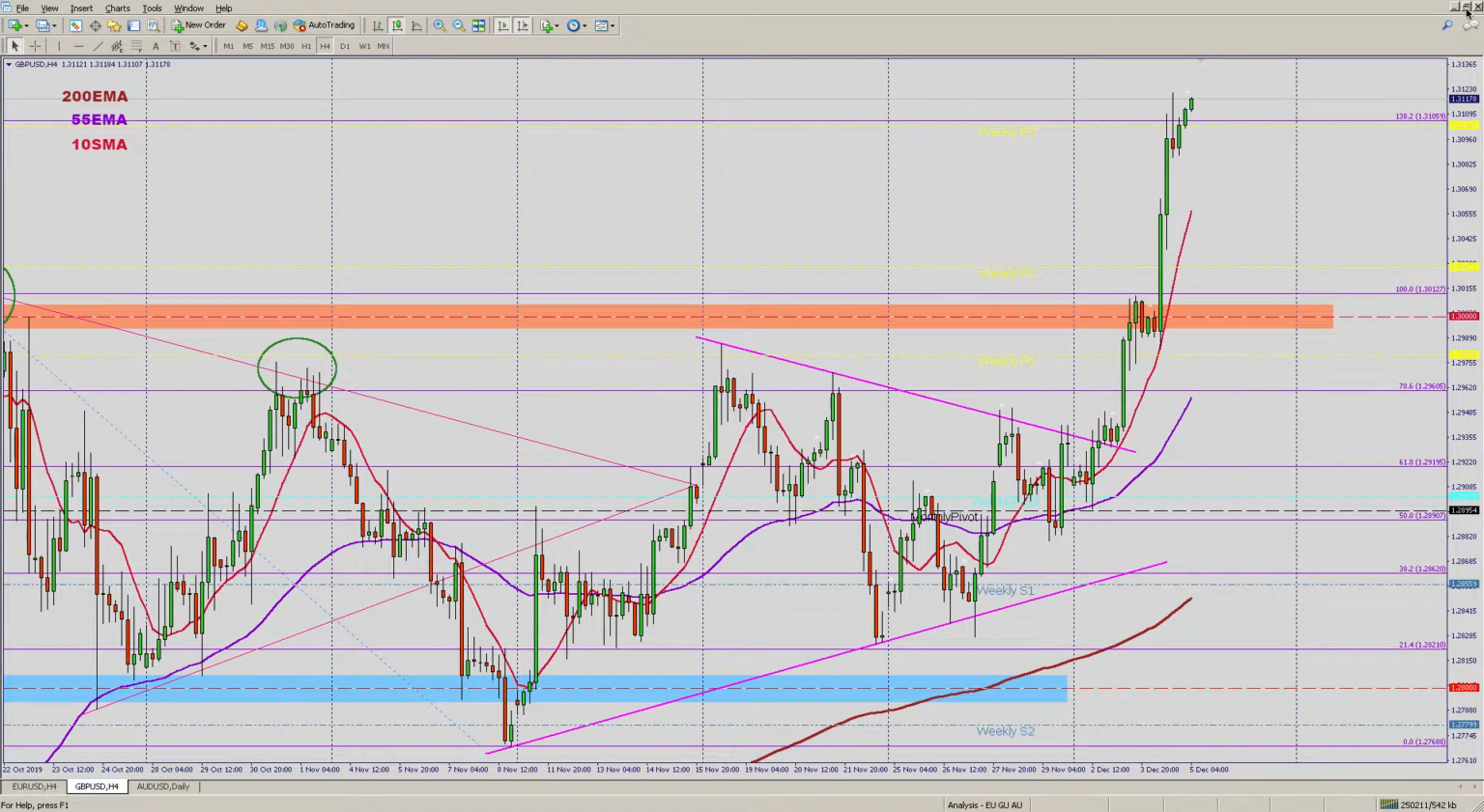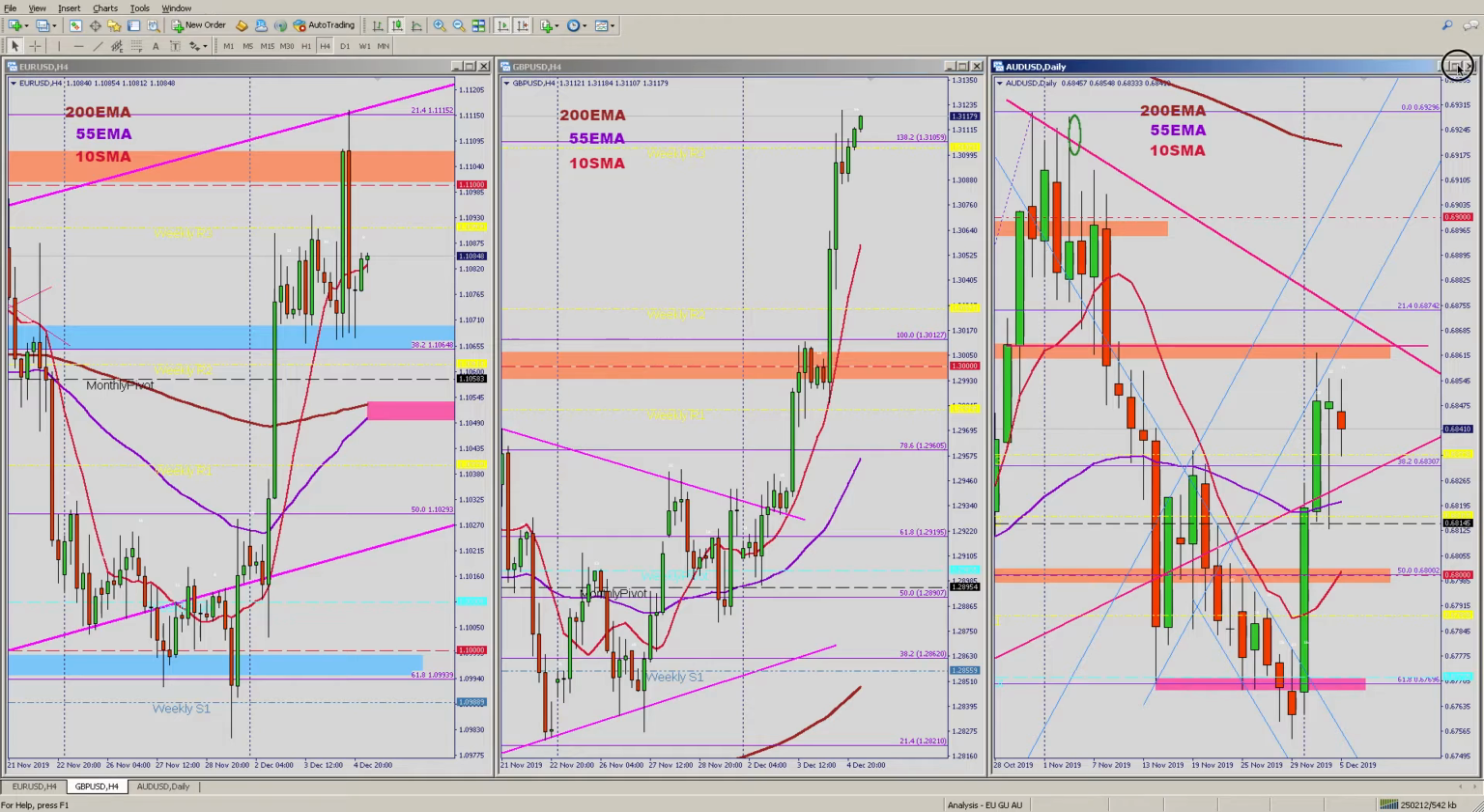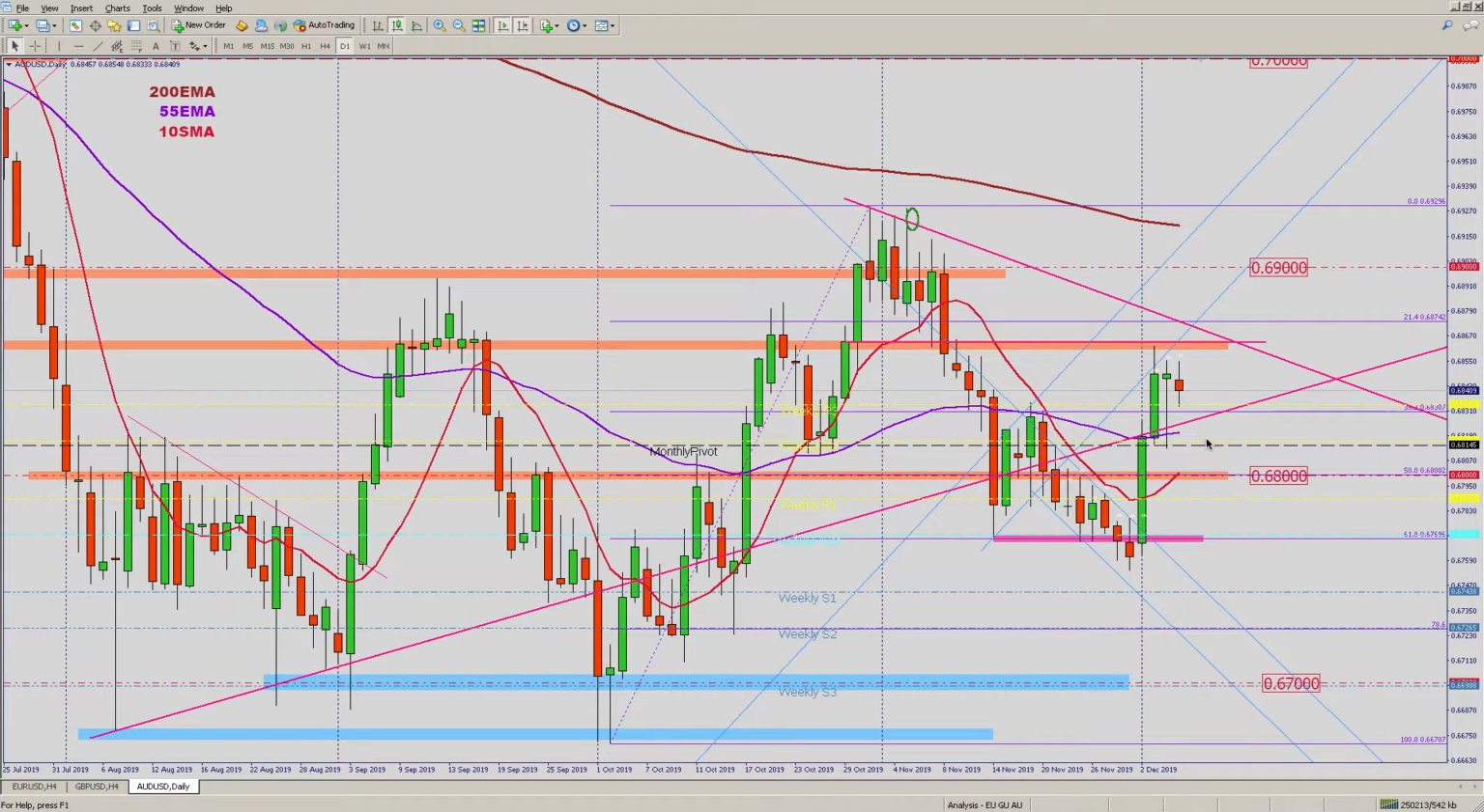All right, let's take a look at the Aussie dollar. And as well with the weaker US dollar at the start of the week, it has managed to push all the way through to hit the resistance level at the 0.6860 area. It hit a high of 0.6862, and then